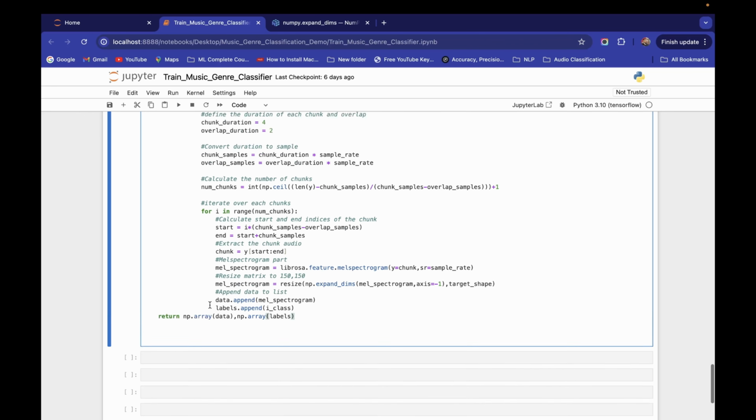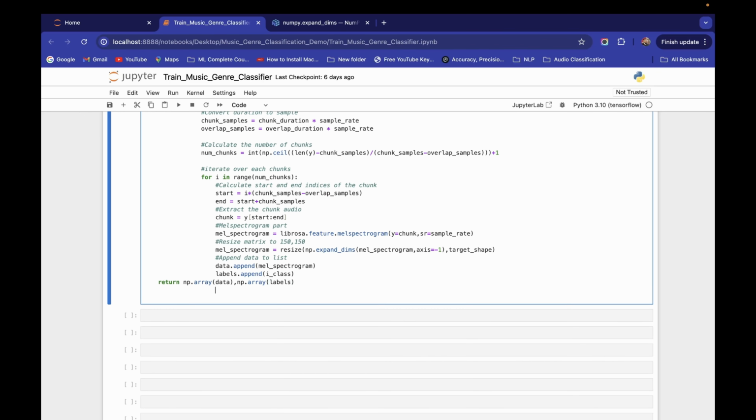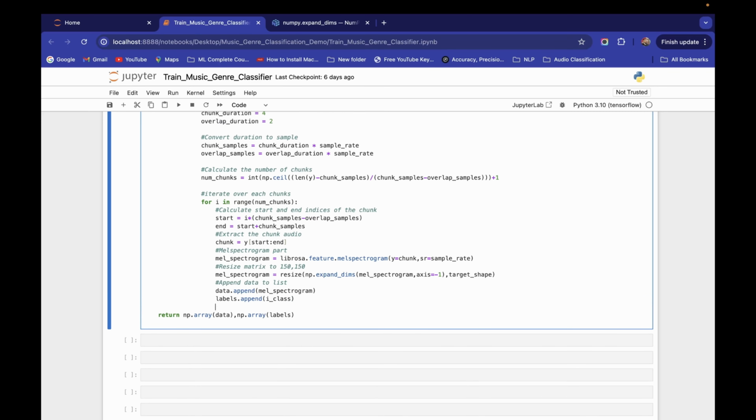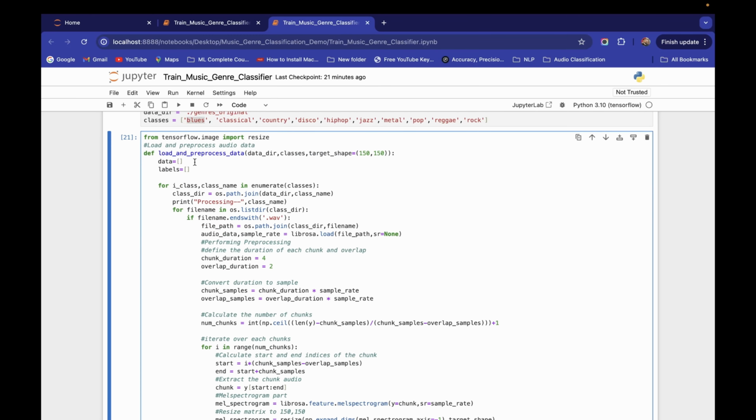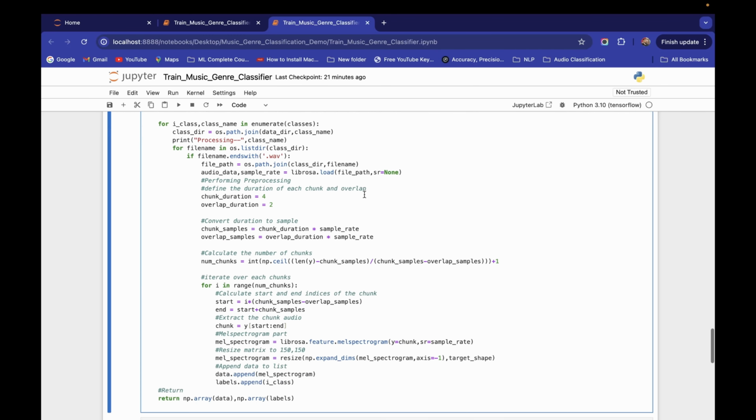So this is our function, and we have completed it. This entire thing is to preprocess our dataset. This load and preprocess data function is completed, and now we have to run this.